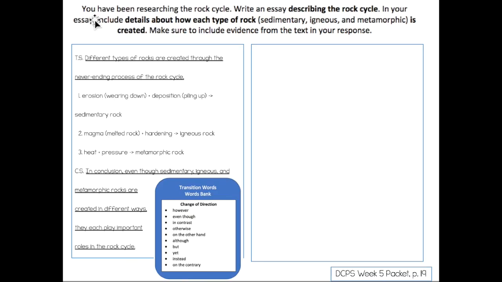Here we have our prompt, we have our outline here on the left, and as a reminder, we have our transition words bank. So those are all of those change of direction words that we can utilize in appropriate times as we write our essay. And here on this side, we're going to write our draft. You can see that there is space for you to write your draft on page 19 of your week 5